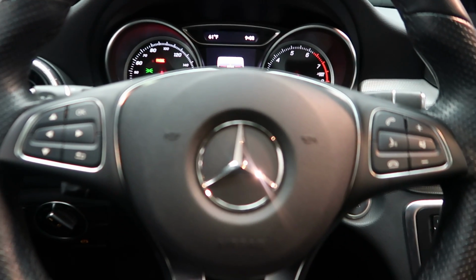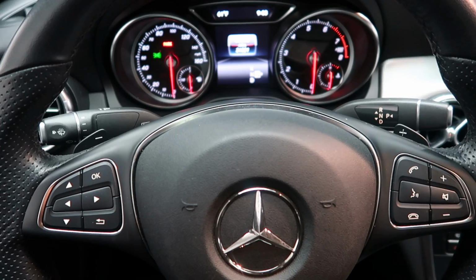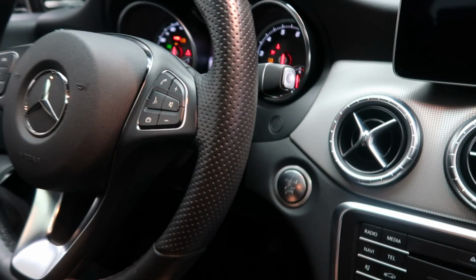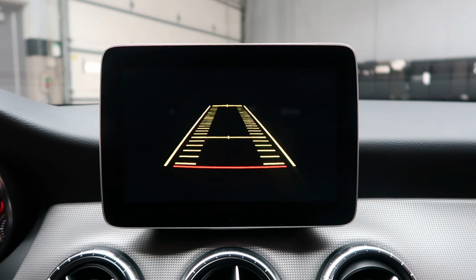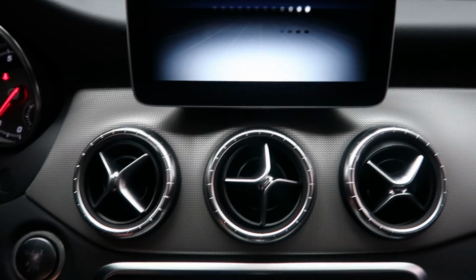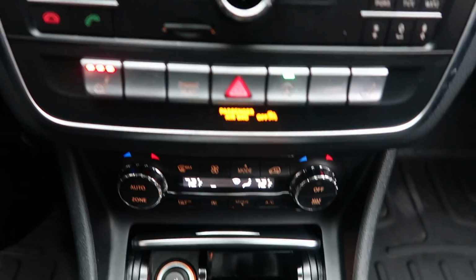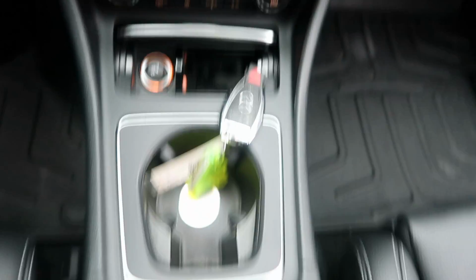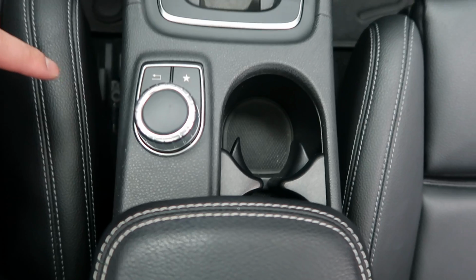smartphone integration with Android Auto and Apple CarPlay, steering wheel controls, paddle shifters for extra performance, push start ignition, convenience package with auto dimming mirrors, garage door openers, media display, rear view backup camera, navigation, hard keys for the radio and media display, heated seats, dual climate controls, cup holders, turn wheel for the infotainment center. This CLA has